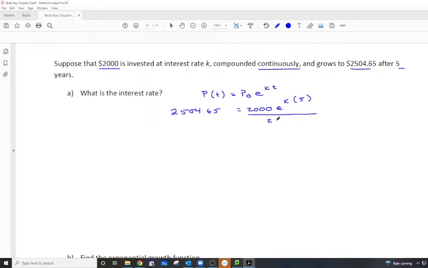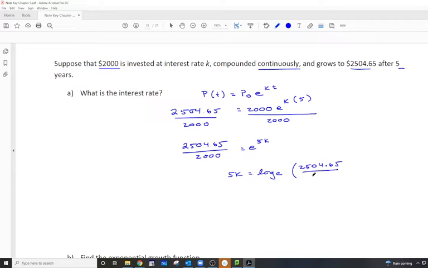Step number 1, divide both sides by 2,000. We've got $2,504.65 divided by 2,000 equal to e to the 5k. Now at this point I can take the log of both sides. I recommend taking log base e, and then I can use the power rule to bring my exponent down, or I can simply change this to logarithmic form. So I could say 5k is equal to log base e of